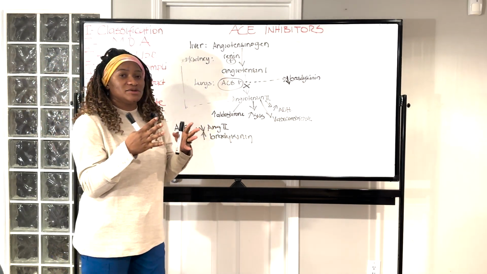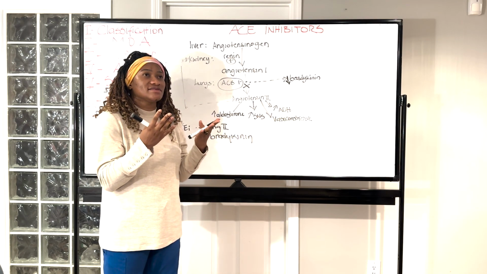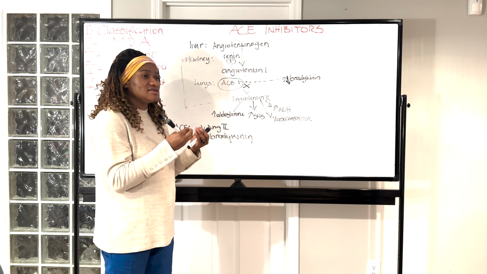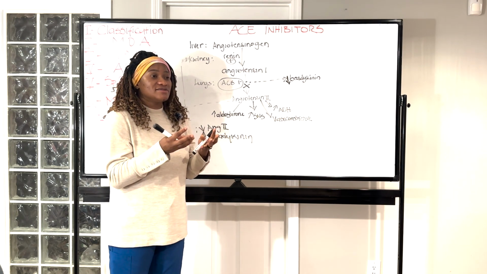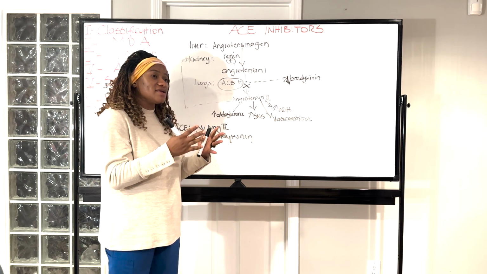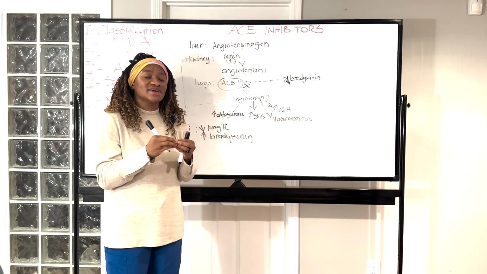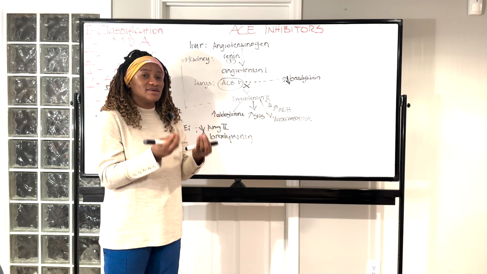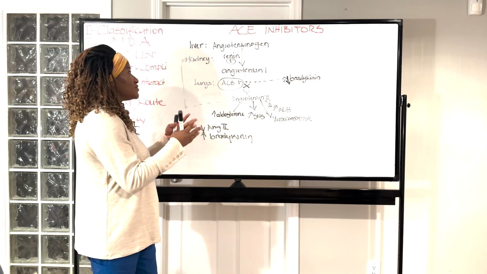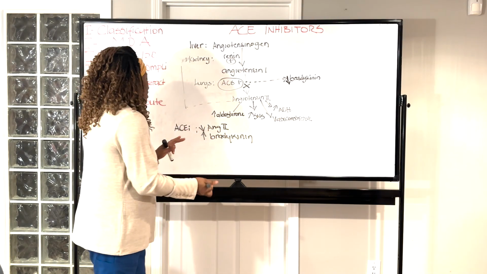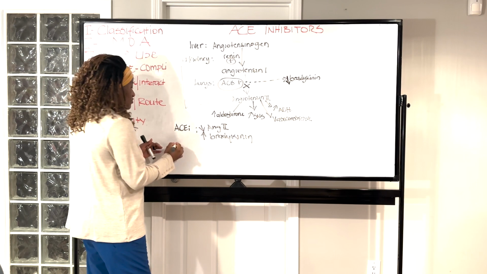Most of the ACE inhibitors are going to be present as prodrug. So prodrug means that this drug comes into the body in the inactive form and has to be metabolized into an active product, and the active product is going to be responsible for the clinical use of the drug. So most of the ACE inhibitors are prodrug except for three. So those three that are not prodrug,